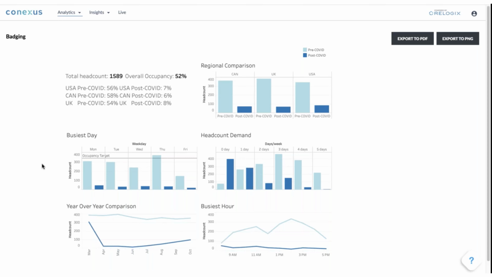The other thing that you can also look at is the busiest day. So where pre-COVID, as in this example, Thursday was your busiest day. Looking at whether there are trends demonstrating themselves in the sense that they're showing similar busiest days, or are you seeing different insights, where perhaps you're seeing more of a flat line across the entire week, where people are coming into the office every single day, or utilizing space across all days, where you don't have that busiest day or that midweek mountain, as we often refer to it in corporate real estate.